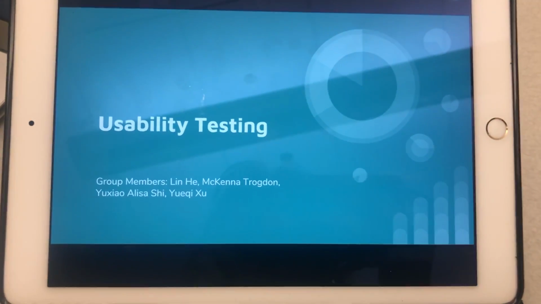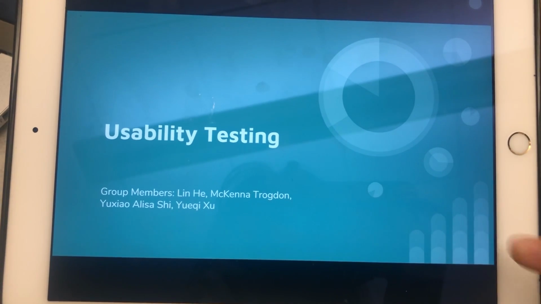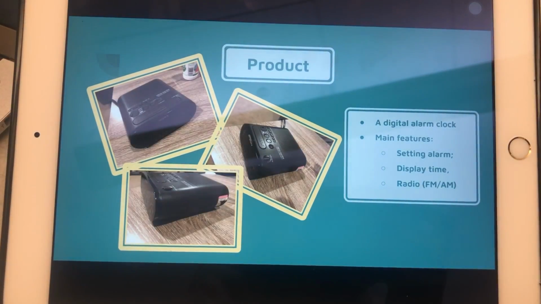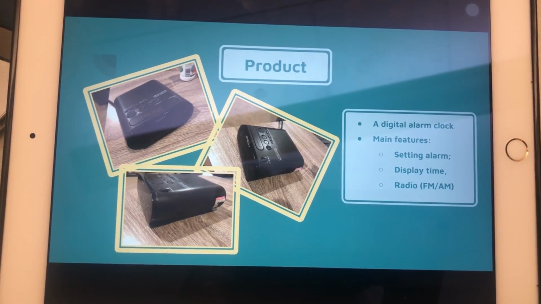This is Lynn, McKenna, Alyssa, and Yuki's usability testing deliverable. Our product was a digital alarm clock, and its main features were setting the alarm, displaying the time, and changing